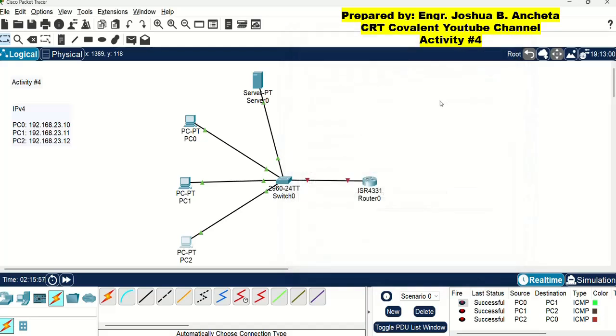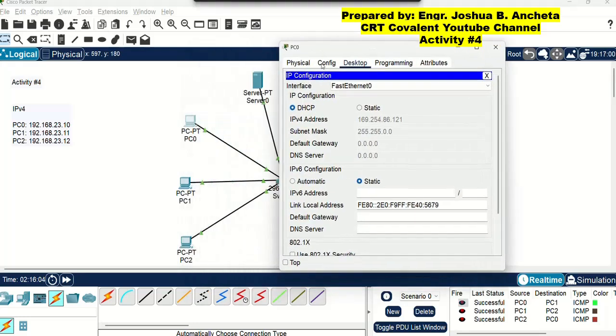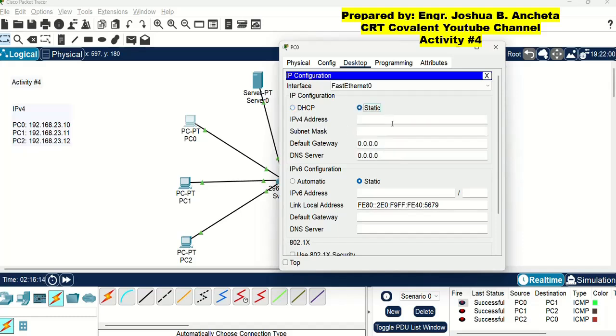Okay? Let us double check the IP addresses in each PC. So, in PC0, as you can see, there is IP address under DHCP, but this is the IP address from APIPA. So click again the static. So at this point, there is no IP address in this PC.